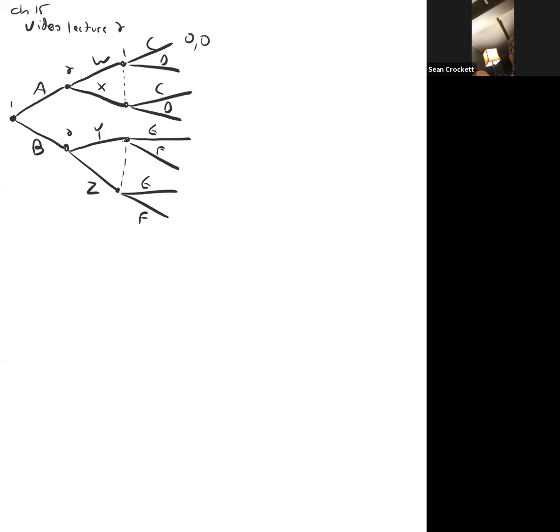0, 0, 2, 6, 6, 2, 4, 4, 5, 3, 4, 4, 2, 2, 6, 1. And we found that in the bottom subgame, there is a unique Nash equilibrium. So I won't solve these since they're solved in the video, but we found that this Nash equilibrium here is